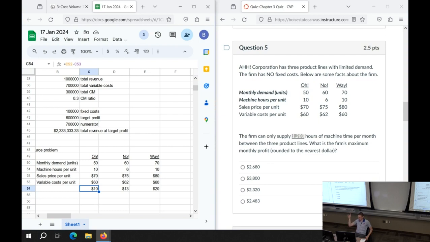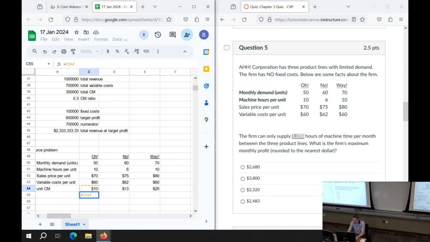Great, you could prioritize them like that. So we're going to first fill demand of whey, and if we have leftovers, we're going to fill demand of no, and any leftovers, we're going to finally fill demand of O. That would be a mistake. And with most of these problems, I have a distractor choice that is that answer, so you will get it wrong. We have to do the division that I just described a second ago.